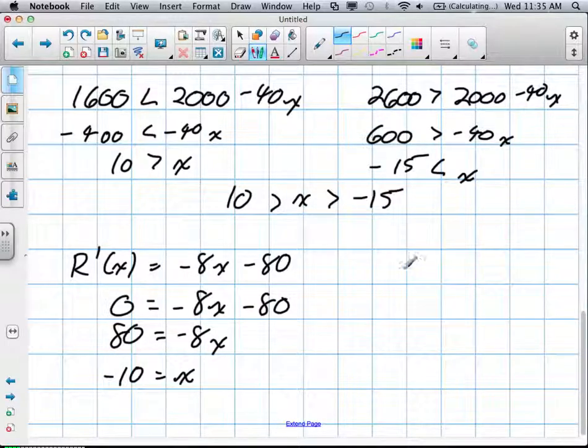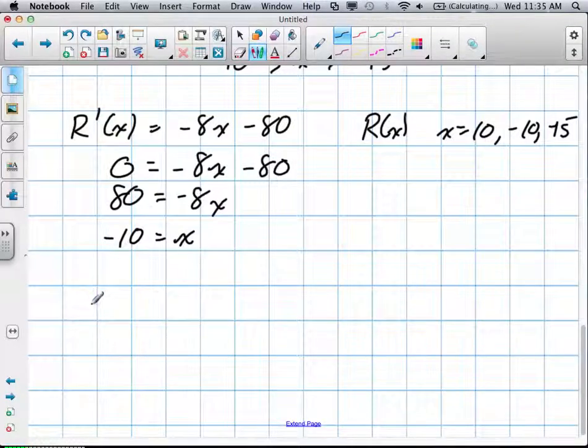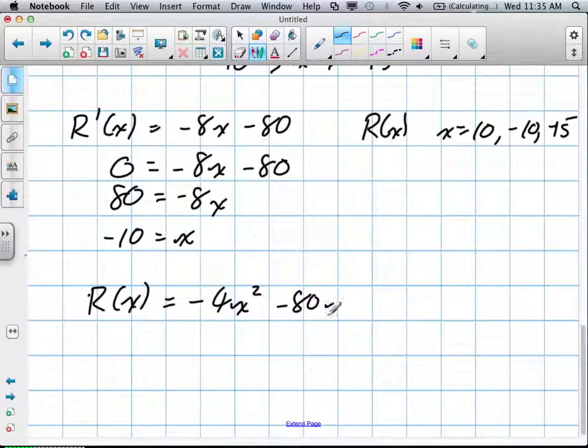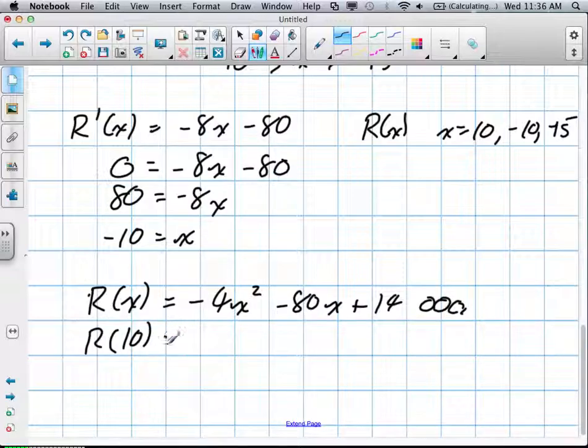That's fine. So we need to test r at x when x is equal to 10, negative 10, that's kind of in order, just reversed, and negative 15. Our r of x equation was negative 4x squared minus 80x plus 14,000. Well, when x is at 10, we get negative 4 times 10 squared minus 80